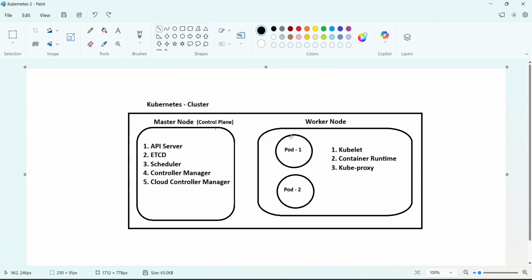Why? Because actual work is happening in the worker node. But to handle, or we can say to administer and manage the entire system, we need some admin, right? Without admin, without management, we cannot do it, right? Who will give our salary and all? So the master node is responsible for handling end to end each and everything inside